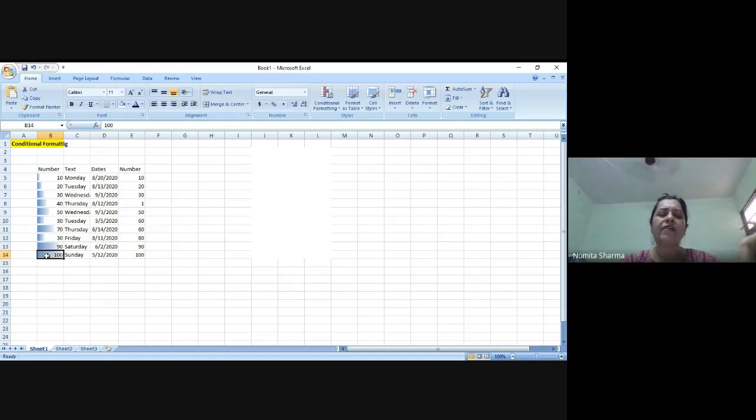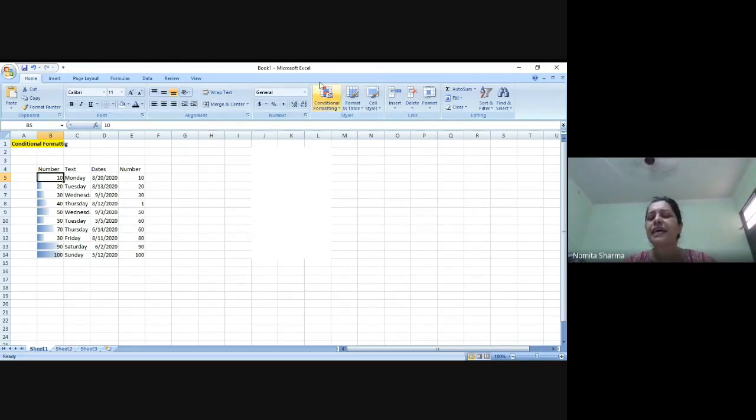So if I have 100, the whole bar is colored; if 90-some, it's colored accordingly; 30, accordingly it's been colored; 70, accordingly the bar has been colored. So if I want to show the percentage of people who are having higher marks or lower marks, or people who are buying more of ABC product, I can easily show that through an individual cell bar chart, which otherwise I can also make individually for this whole column, right?